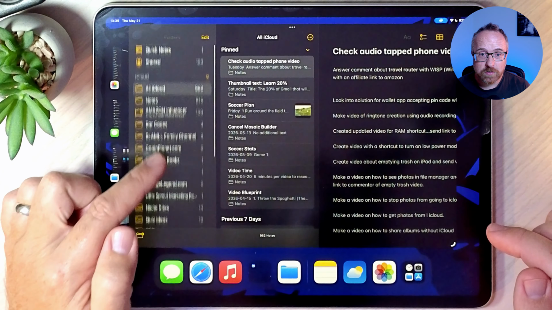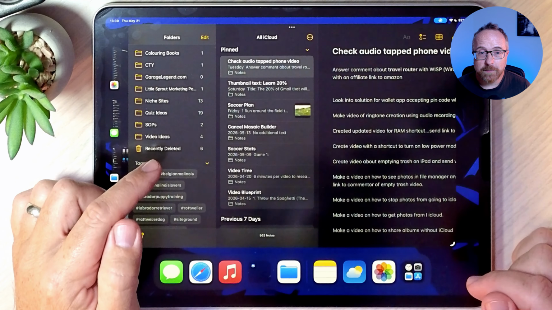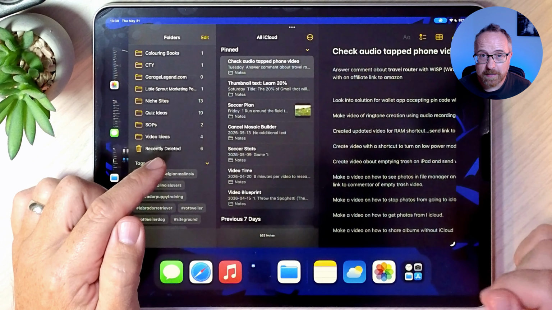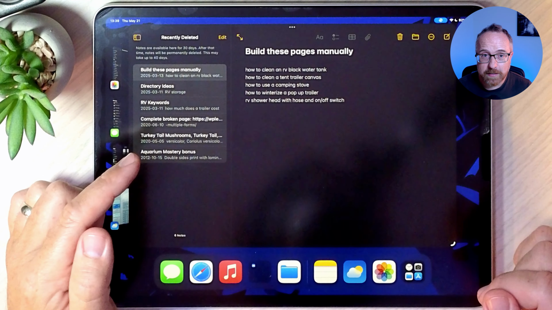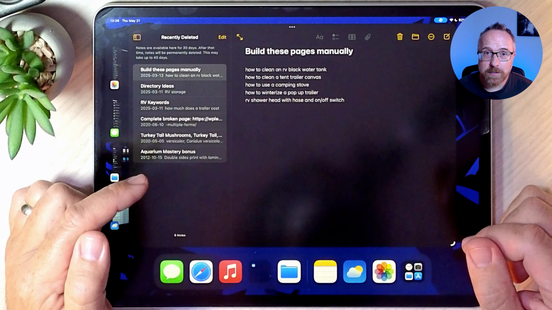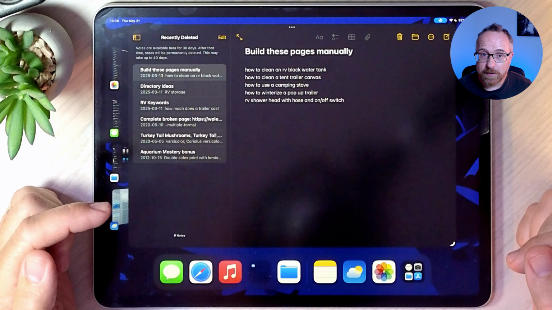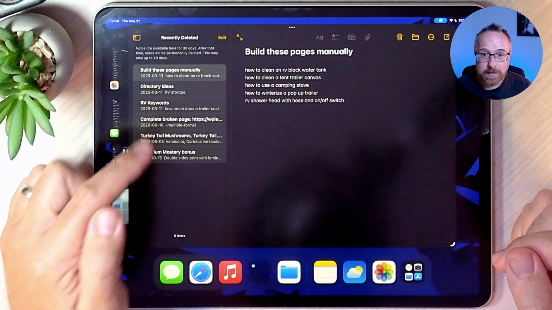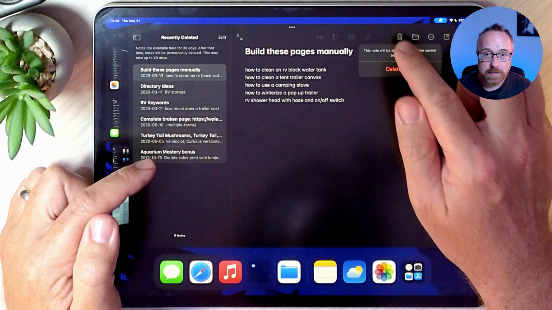And on this page, scroll down until you see a recently deleted item. If you don't see that, it means you haven't deleted any notes. If there are notes that were deleted, they're just going to live in here for 30 days until you delete them. Depending on how much information, how many videos and images and text these notes have, they can take up a lot of space. So these are the ones that are in here. I can tap on delete to delete them individually,